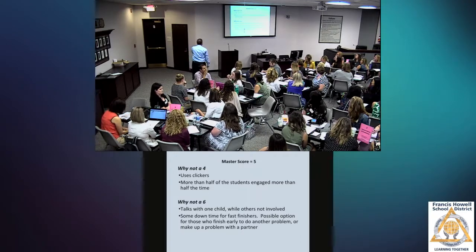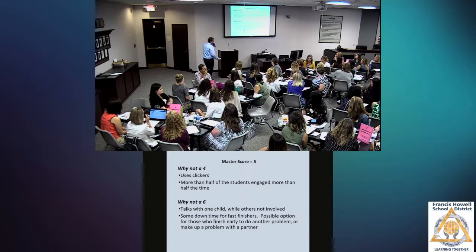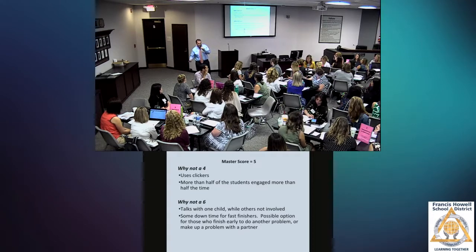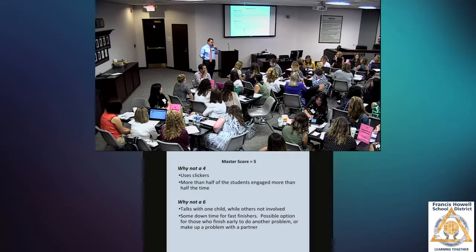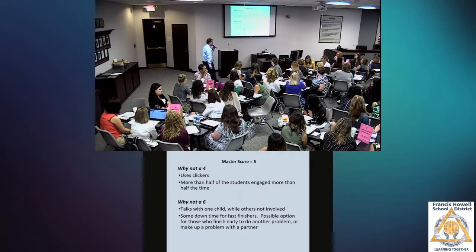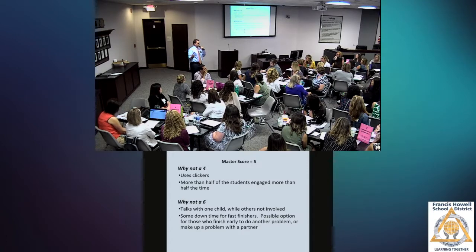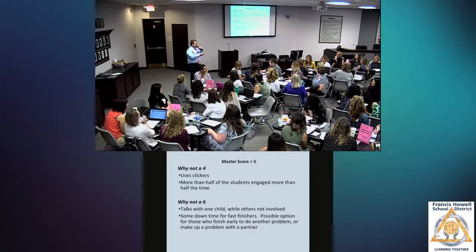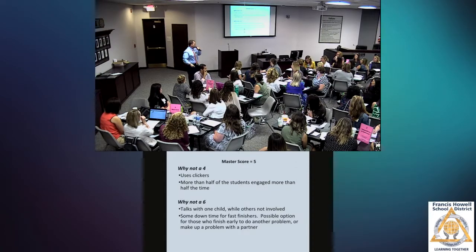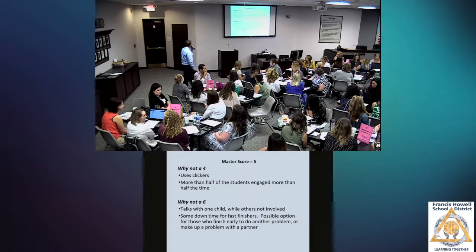Why not a 6? Because he took some time, and you're going to have to do this. Don't get me wrong. This is where people get hung up. There are times where you're going to talk to one kid. That happens in the classroom. That's why we talk about that distribution of scores. But he took some time. So when he takes that time, what did you see happen to the other kids? They kind of fell away. And I heard some people say he was better at the beginning than he was later. Okay? That happens in the classroom. That's a normal part of the everyday life of a teacher.